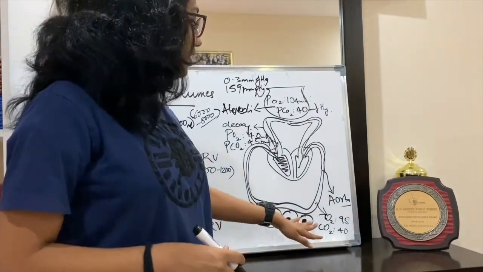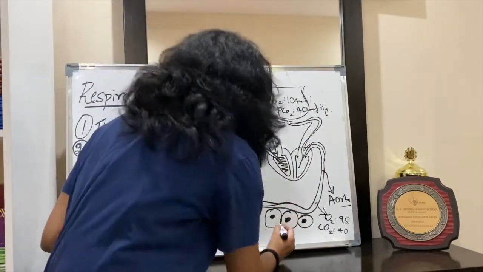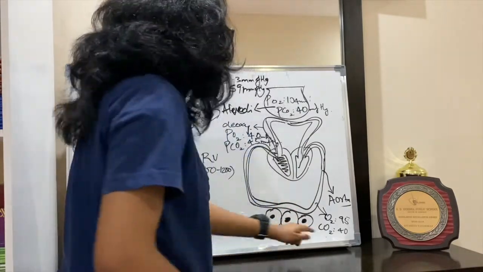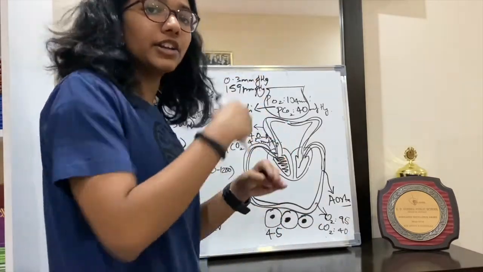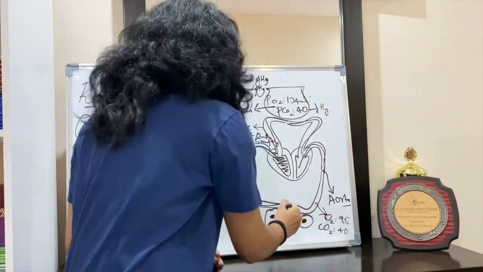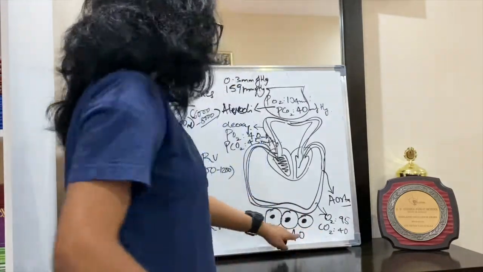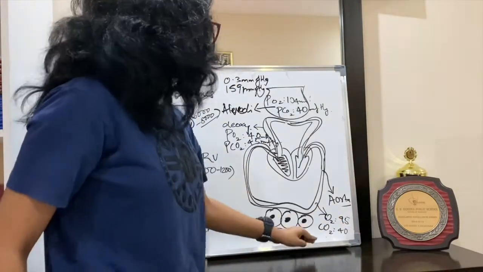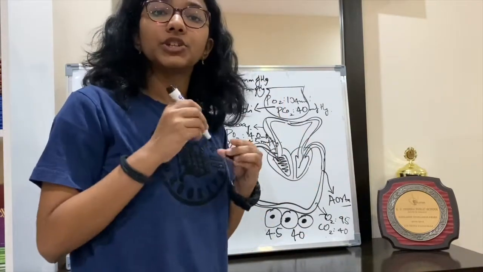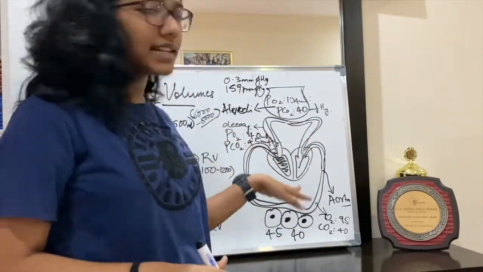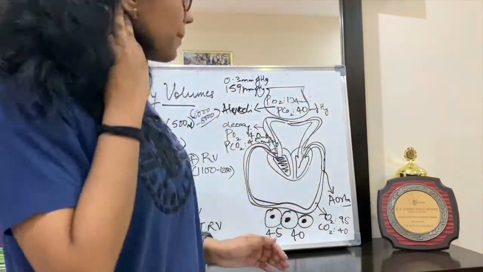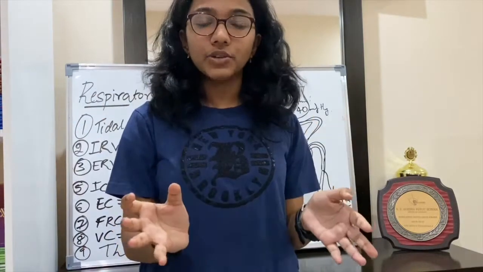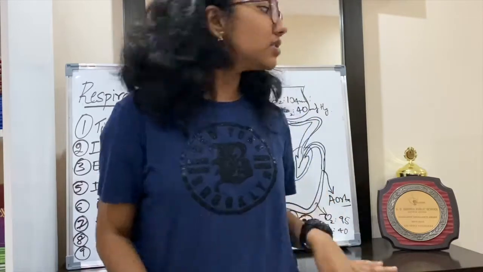Now in the tissues, the carbon dioxide comes out because the partial pressure of carbon dioxide in tissues is 45 and you know that in oxygenated blood it is 40. So it goes from 45 to 40, higher to lower. And oxygen gets into the tissues because the partial pressure of oxygen in tissues is 40. So it goes from 95 to 40. So that's how the body tissues get oxygen. So this is the entire cycle. You will see all the partial pressures. If you read this entire diagram and the partial pressures properly and remember the values, you'll easily get the entire mechanism of exchange of gases.